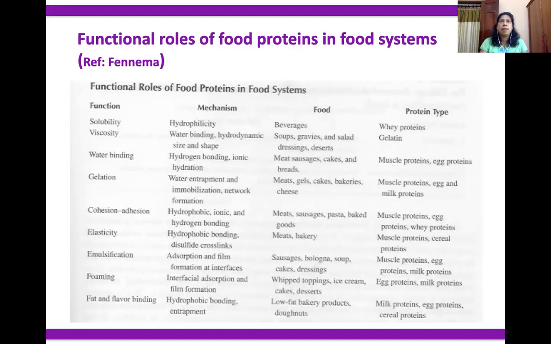Because we can add much water, around 40 percent maybe, the water is there in sausage. But those are trapped very well because of the water binding ability in the protein. So if you are adding some glutaminase enzyme, likewise glutamine, then you can get the very nice texture of the meat and fish proteins.